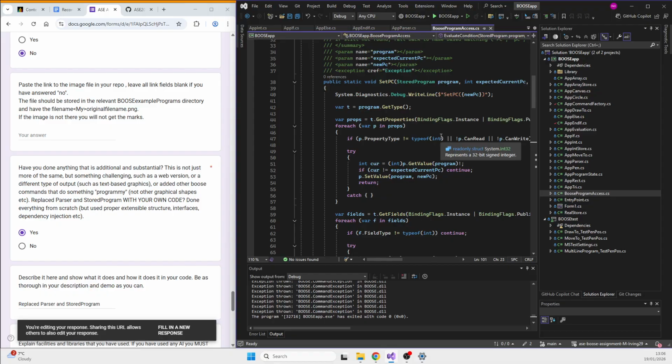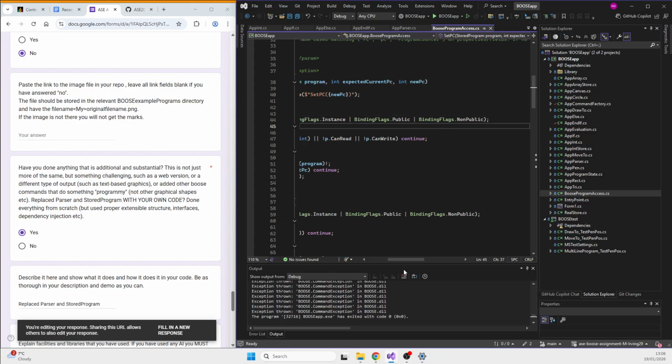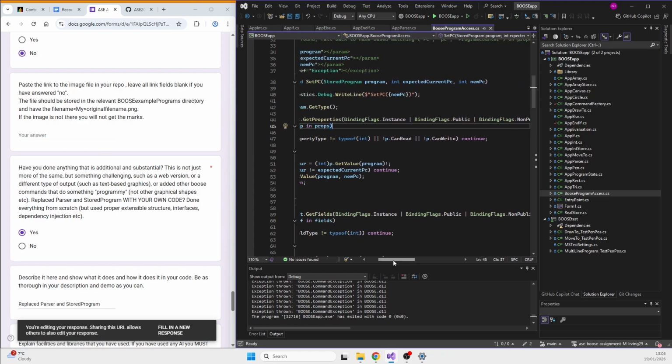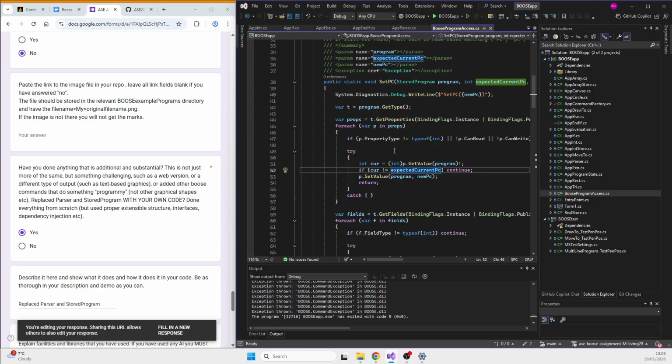So this is where the libraries come in. The binding flags, I'm not entirely sure on them, but from what I found, it's going to be instance and then the public and the non-public instances, I guess. So it'll go through each value in here.